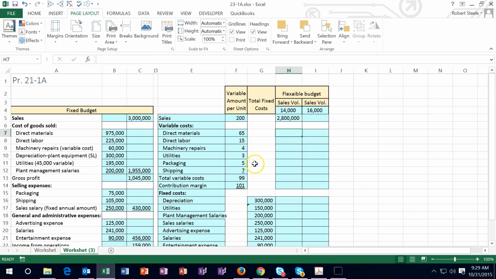These variable costs change in a similar fashion, meaning we're going to say the 65 per unit cost of direct materials times the 14,000, enter. We're going to take the $15 per unit times the 14,000, enter. We're going to take the machinery and equipment of $4 per unit